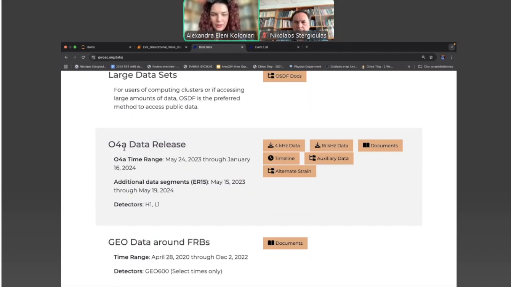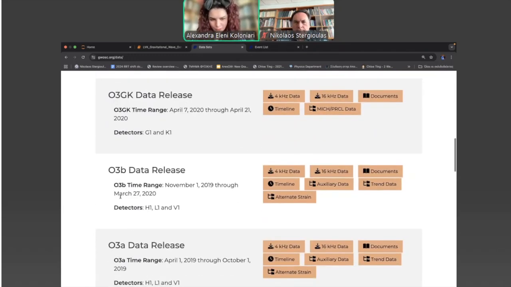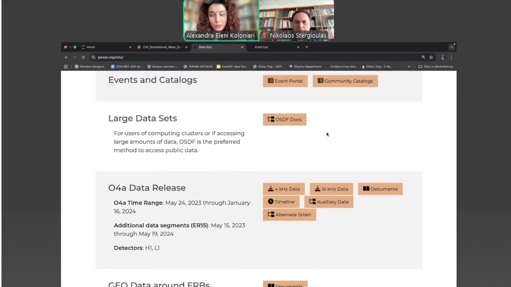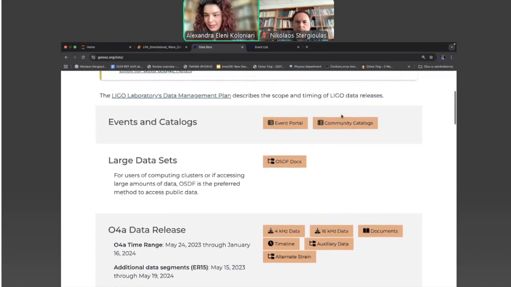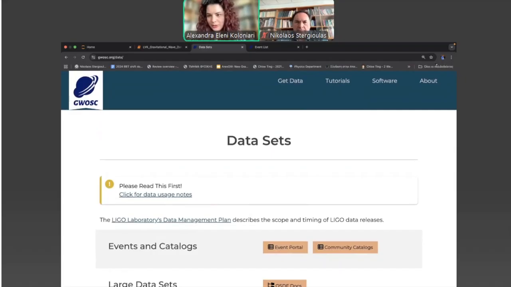For example, O4A, you can see O3B, O3A, etc. And you can download those files and work directly with the complete files of each period. But they are pretty big because we talk about periods of some months or maybe a year. So yes, keep that in mind if you try to download them from here.